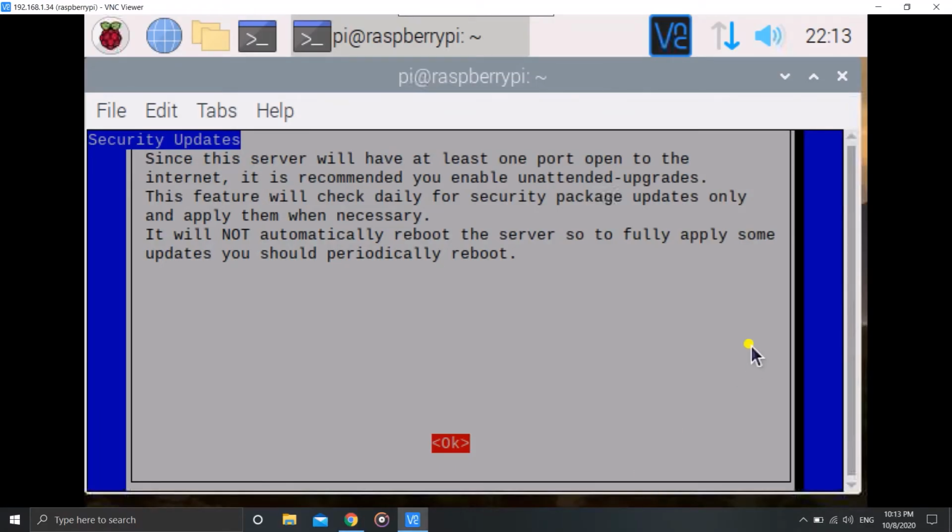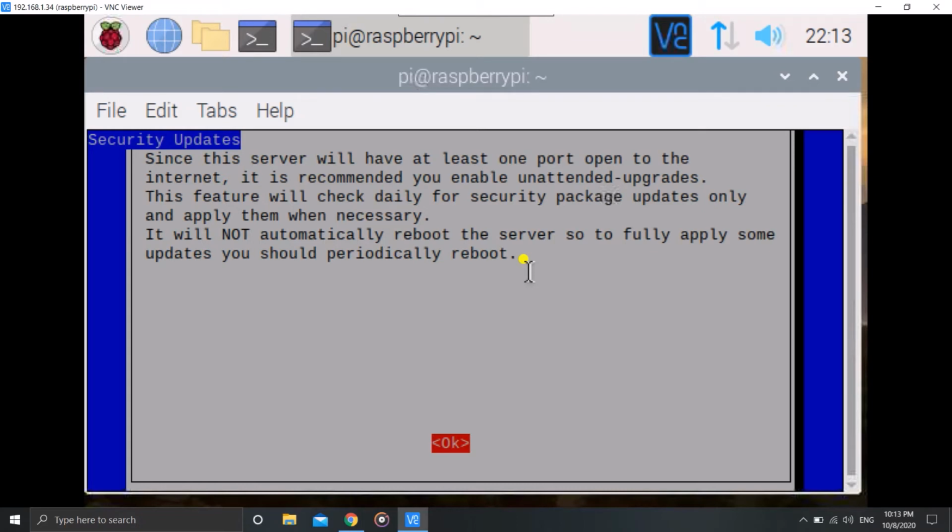Yes, it's done. Okay, now what it is telling is that we want the security patches, whatever the Raspberry Pi people release, to automatically get downloaded, because this might be a server and you might not want to look at it every time to check if updates have been installed or not.